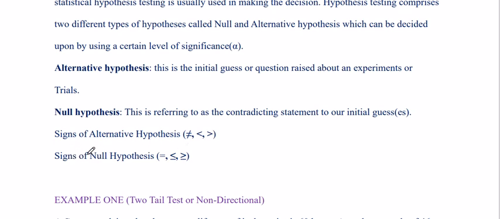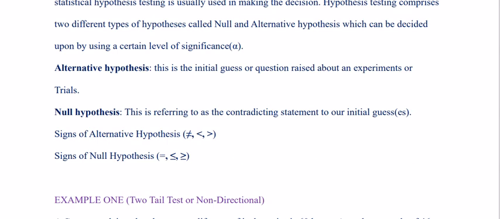Also, these are the associated signs that the null hypothesis comprises: equal to, less than or equal to, or greater than or equal to. Whenever you are setting the hypothesis, all these signs must be taken into consideration. And we have three examples